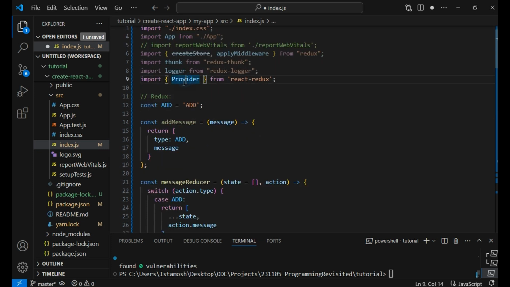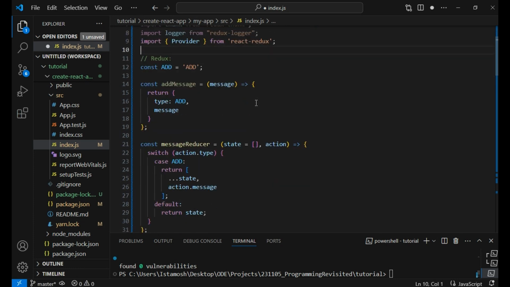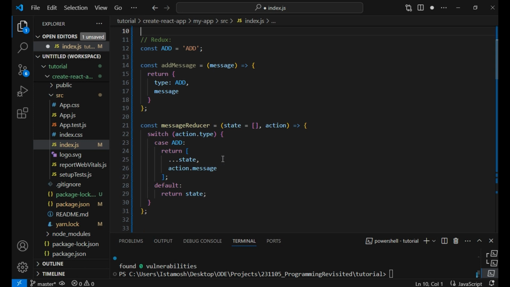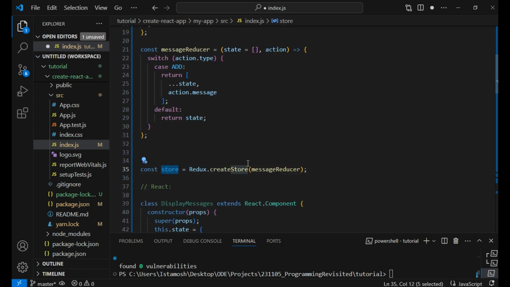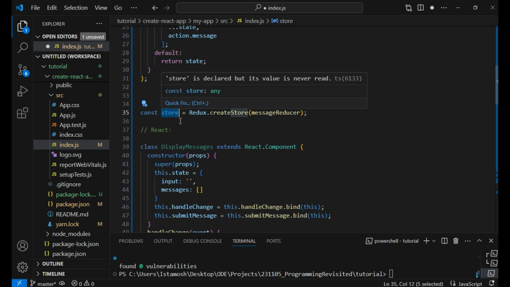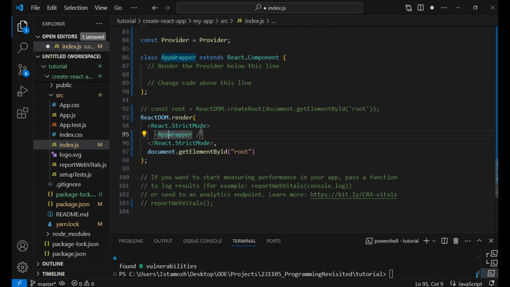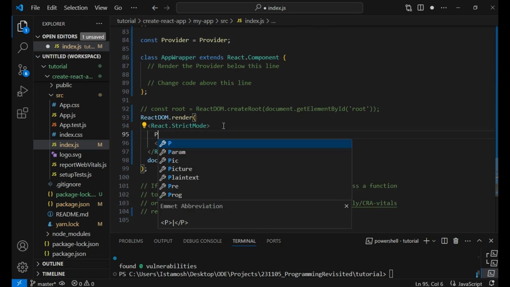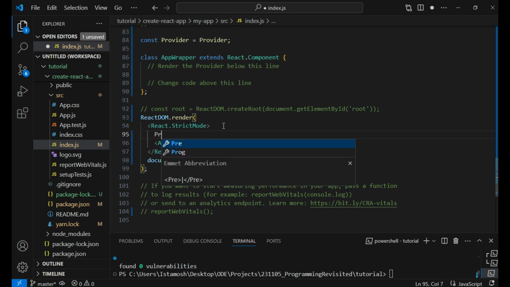React Redux has this Provider component that will wrap the store, allowing the store variable to be accessed through all of the child components inside it, which means that the Provider will provide the store variable, and you will get access to this store variable in all of the components inside the Provider. Let's try to declare it. Provider, right, Provider,